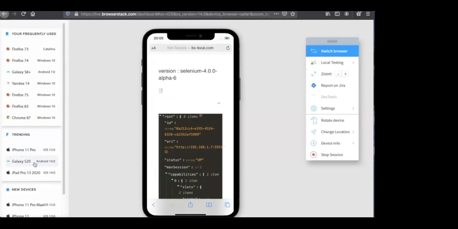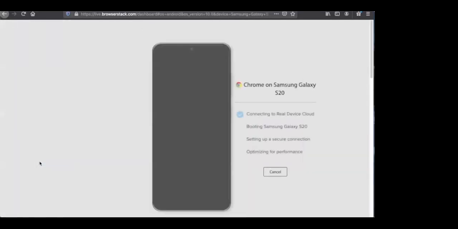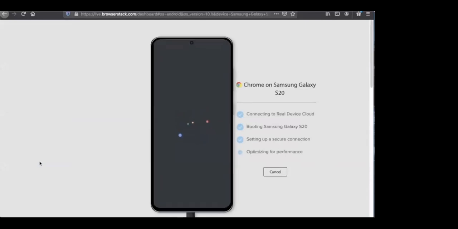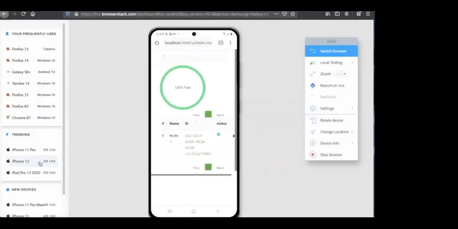I'm just going to see if we can get that Galaxy S10. On the left, we have some other devices that we can easily move to. I'll pick the slightly smaller device. Aha, there we are. And now we have other problems.